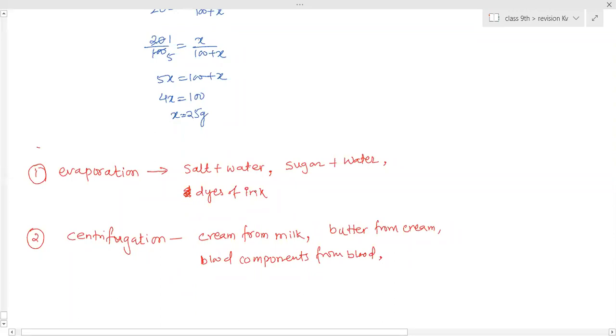In the washing machine, the same thing is done in the spinning process. Sorry, the spinner, for drying clothes. In the spinner, the wet clothes are rotated at a very high speed. In that case, the water squeezes out of the clothes because of the continuous rotation. That process is called the centrifugation process. Clear? Yes, ma'am.